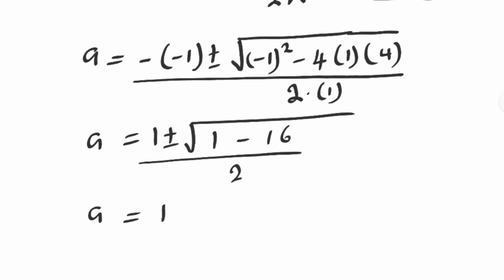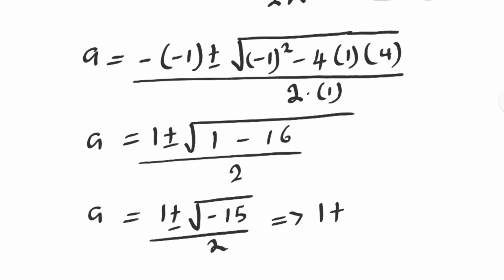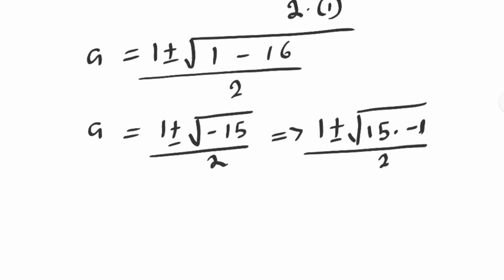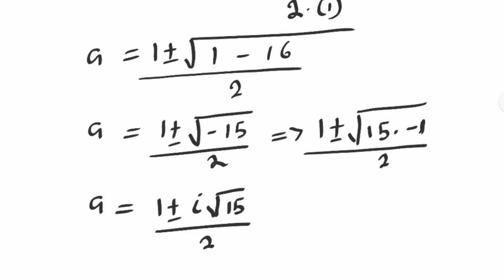A is equal to 1 plus or minus square root of 1 minus 16. This is minus 15 over 2. And this is the same thing as 1 plus or minus square root of minus 15, which can be written as square root of 15 multiplied by minus 1, over 2. A is equal to 1 plus or minus square root of minus 1 is I, then root 15 over 2. Therefore,